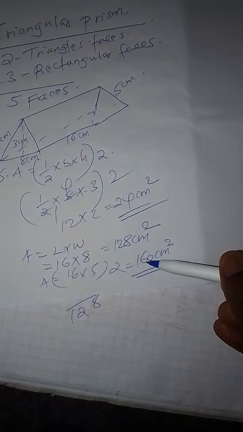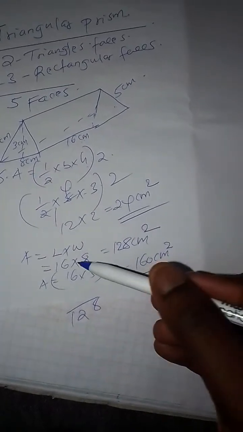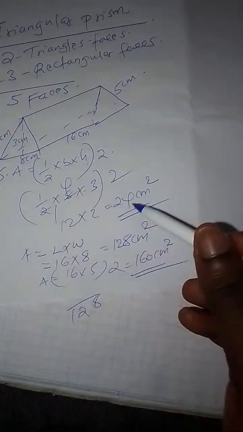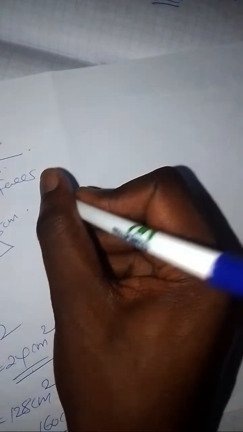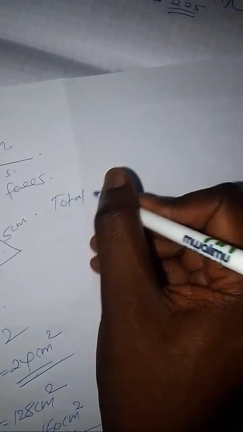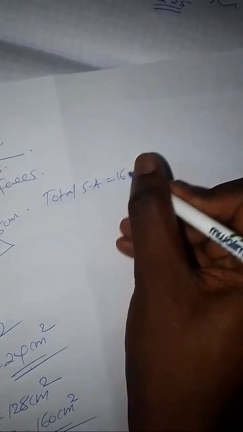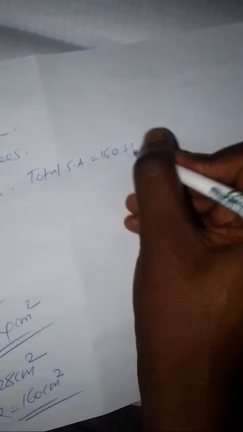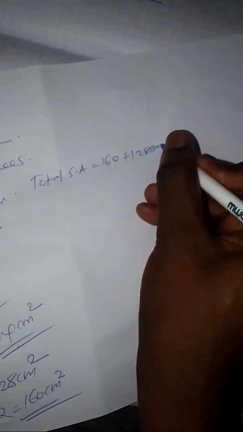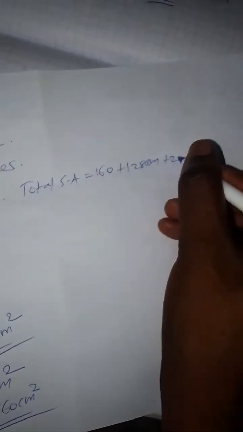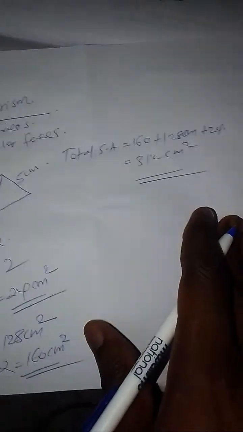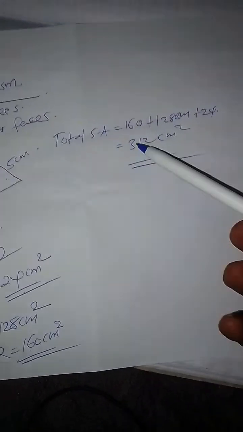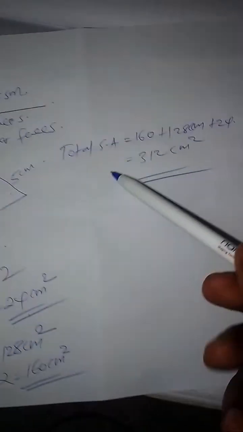So we add all of this. We add the two triangular faces, which is 160 plus 128 plus 24. So we have 160 plus 128. So the total surface area is equal to 160 plus 128 centimeters plus 24 centimeters, and our answer shall be 312 square centimeters. 312 square centimeters. So these are some of the ways that we take to